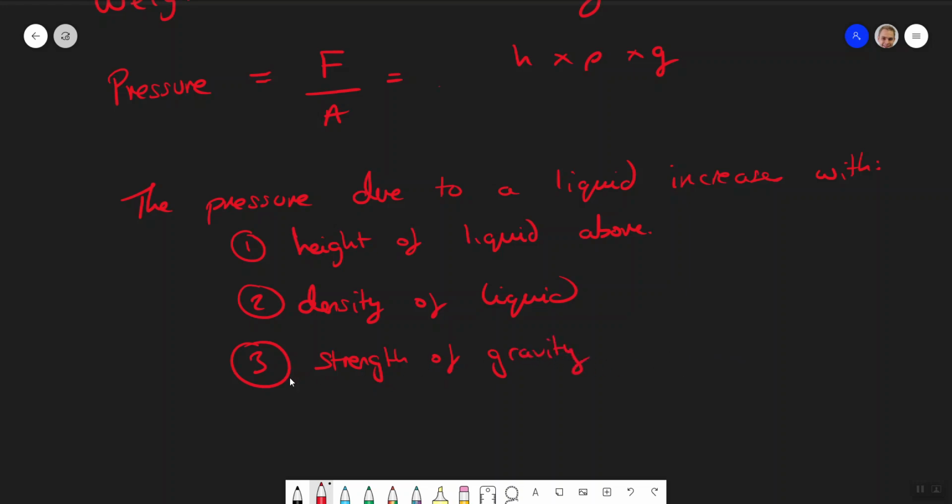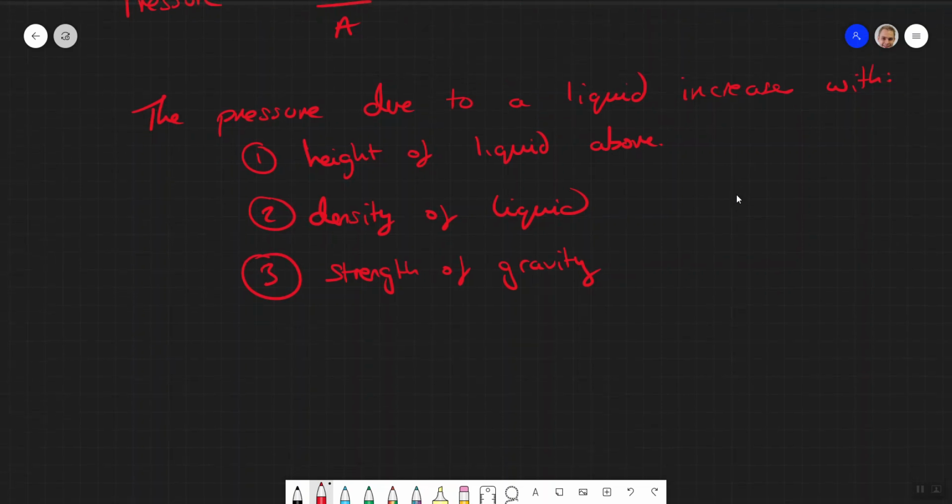Now, if you go swimming and you dive down, generally the density of the liquid in the ocean doesn't really change very much, certainly not anywhere near the level of 1,000. It doesn't change much as you go down. The strength of gravity on the Earth doesn't really change as you dive down. So the only thing you can really fluctuate is this height of liquid above. As you dive down, you experience greater pressure. And so let's think about what the blobfish is experiencing.